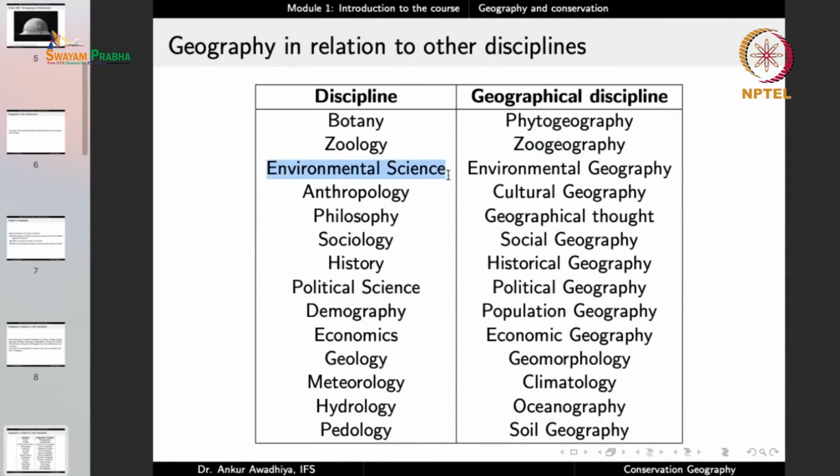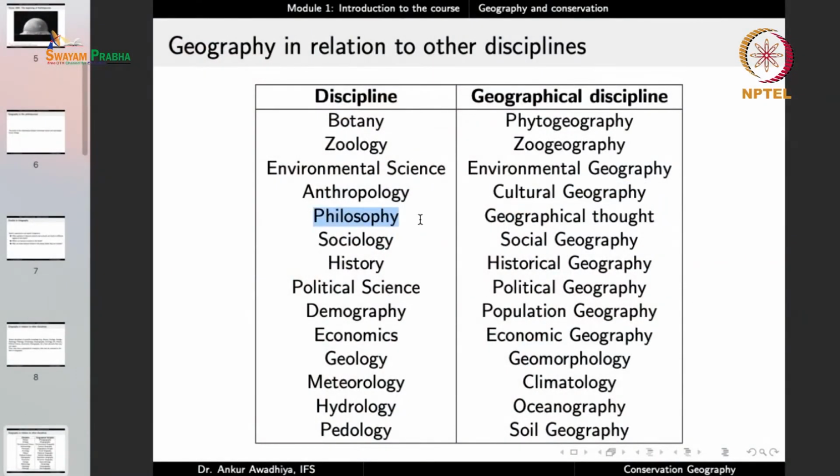If we take the discipline of environmental science, we have the discipline of environmental geography. Similarly, anthropology can be studied in cultural geography. Elements of anthropology, which is the study of human beings that are spread over different areas, show themselves up in the form of cultures of different areas. So here again, the same three questions. What different cultures are found? Where are they found? And why are they found where they are found?